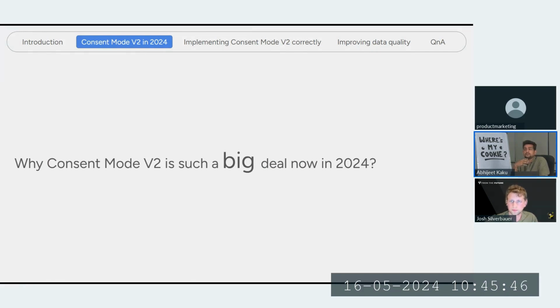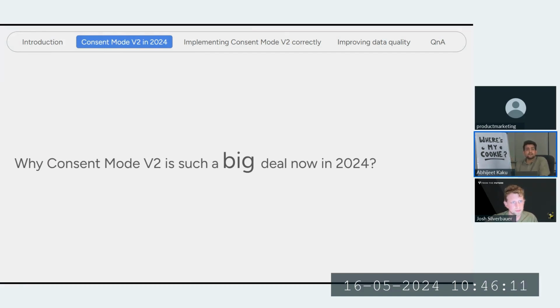I remember it used to work with two parameters, ad storage and analytics storage. Ad storage used to control the storage of data used for advertising purposes, like cookies on the website or maybe device identifiers in the apps. And analytics storage was governed by the storage of data for web analytics, right? Such as, for example, if I remember, visit duration, right?